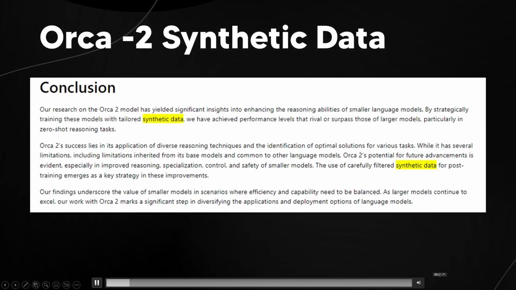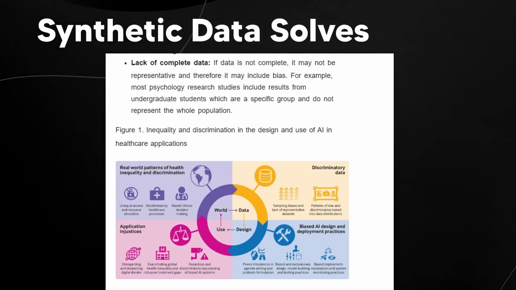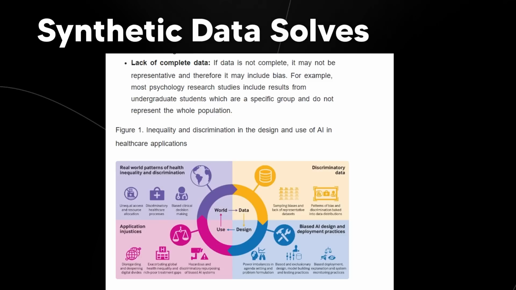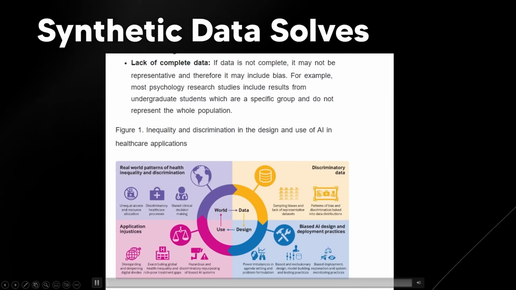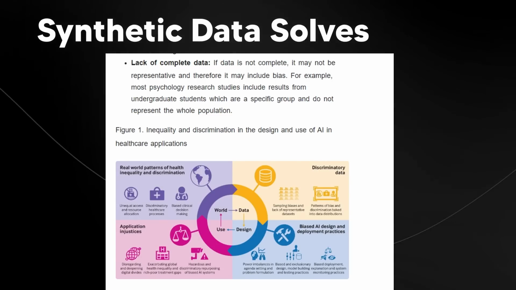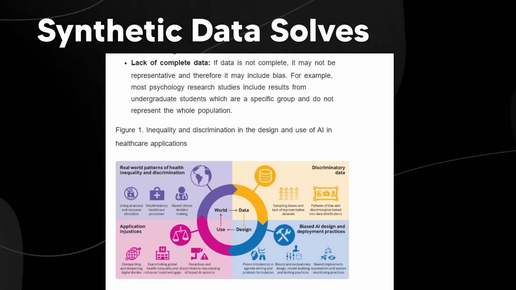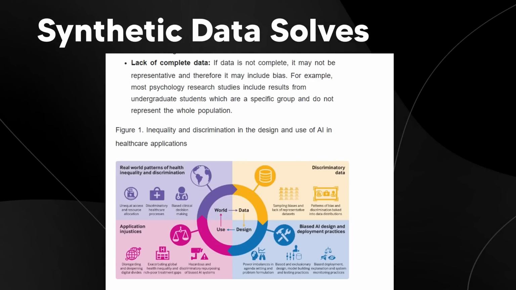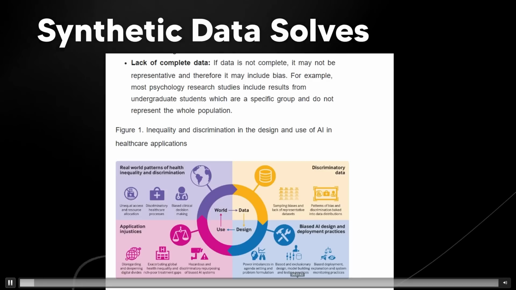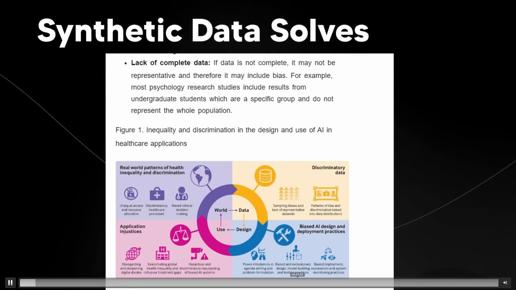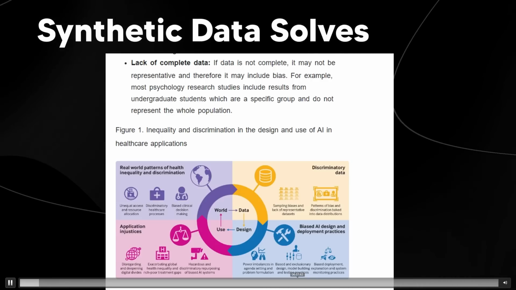So overall, it does seem like synthetic data is going to be the next thing in AI because you can infinitely scale it up. And additionally, it does solve the issue of bias and lack of complete data in certain areas. And it might actually help these AIs think in ways that we hadn't thought of before, because synthetic data might be more creative than humans because they might have things that we haven't done before. Either way, I do think this was something that was important to cover because over the next couple of years, we probably will run out of human data, especially high quality data.